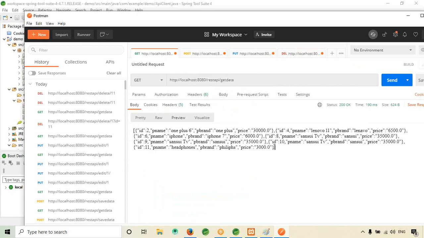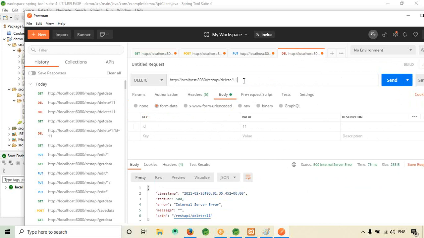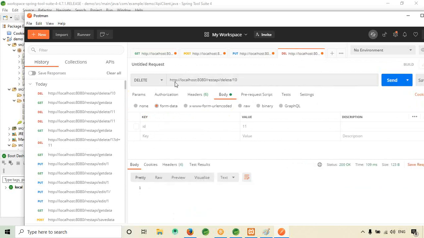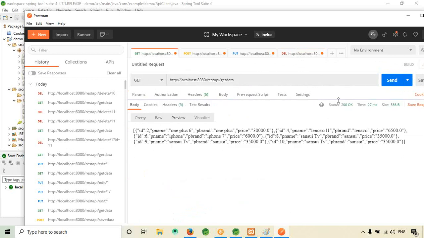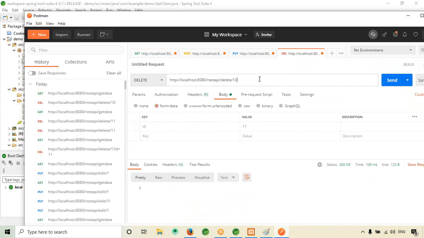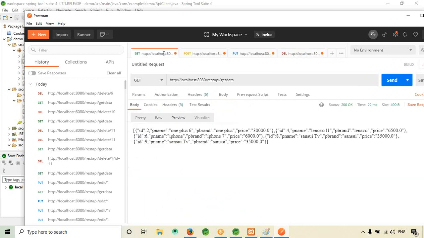For example, if I want to delete 10, I think I can directly send 10 here. Click send. Yeah, 10 got deleted. Yeah, I can send it with the URL only. 9, click, 9 will get deleted. Yeah, 9 got deleted.